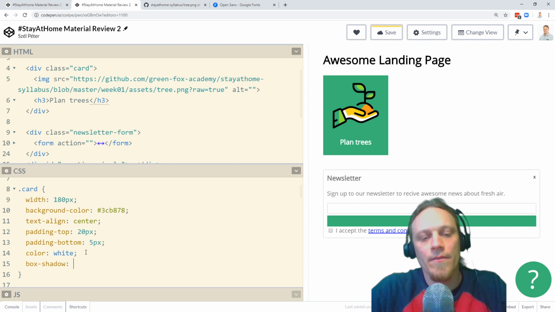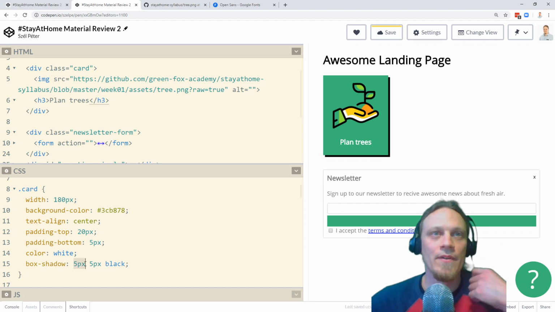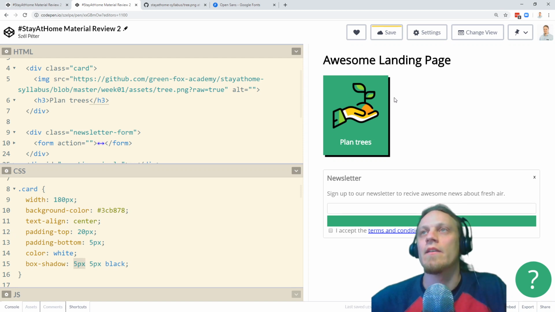So if I specify 5 pixels and black, it actually means the first number is the horizontal offset. So it's the offset on the x-axis. The second number means the offset